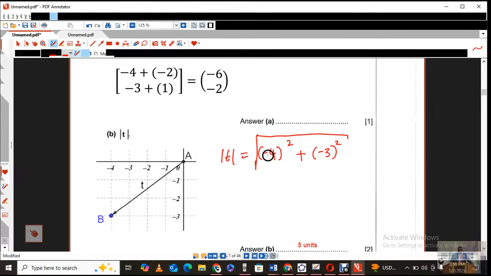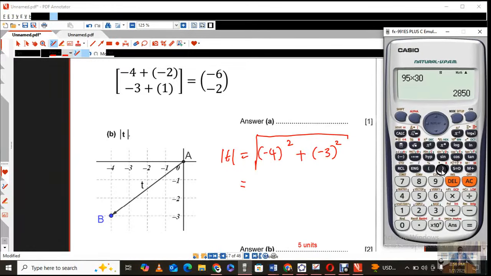In fact, since it's distance, you don't need to put these minuses there. It could be a bit tricky, especially if you use a calculator and you don't open these brackets, the calculator gets confusing, and then you end up giving incorrect answers. And if you were to do that, and by now you should be very familiar with the 3, 4, 5 triangle, in Pythagoras, adding that should give you the answer